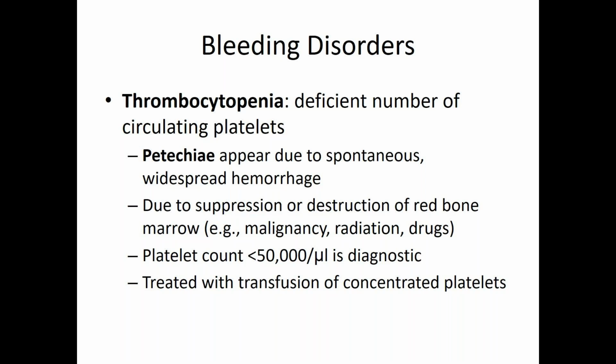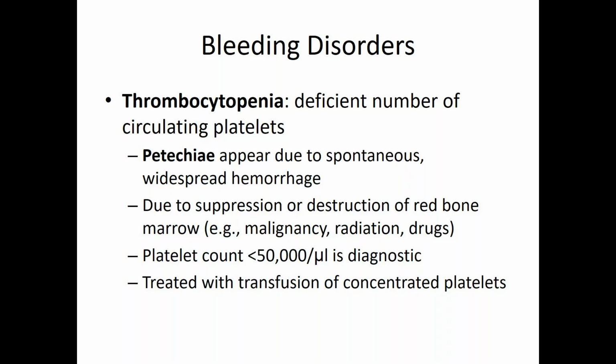Petechiae are just little bruises that form because you have ruptured capillary beds. Again, happens all the time. Capillaries are really, really weak. Normally they clot and you don't get bruises forming from them. If you can't clot, you get bruises as a result of that. As to the root cause of the lack of platelets, there can be any number of different things that go into this. Typically, we associate this with problems with the marrow itself. You might be on radiation treatment for a cancer, ironically enough. You might have been exposed to radiation for some other cause.